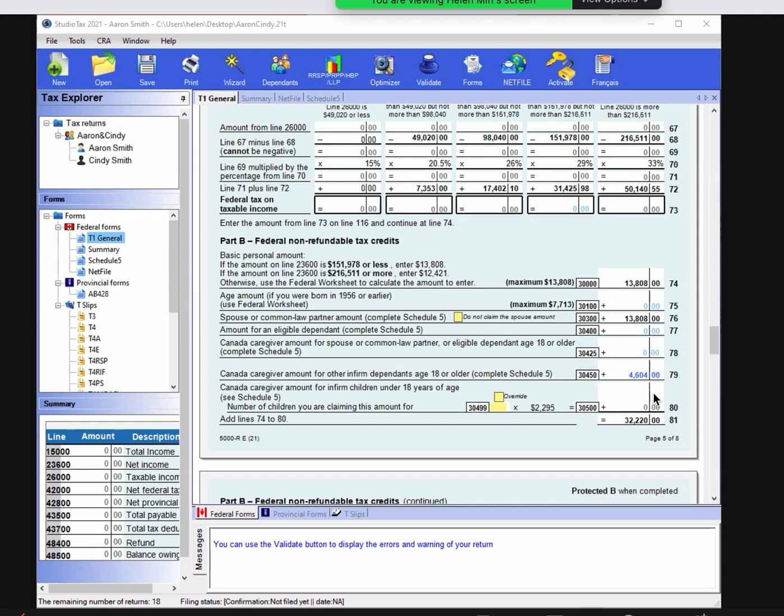For example, they lived together 10 months, then separated for 2 months due to the breakdown, then got back together. Those 2 months they were not together, but the 2 months still count, so they have 12 months. As long as they get back together, they are common law partners, because it was less than 90 days. But if they break up for over 90 days, and then come back,